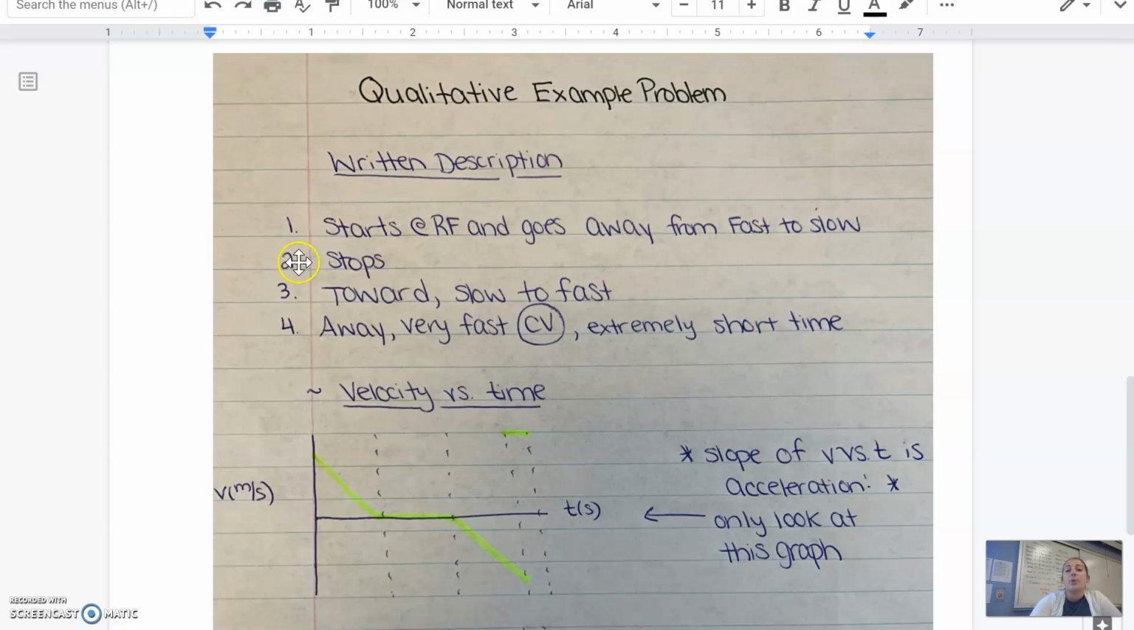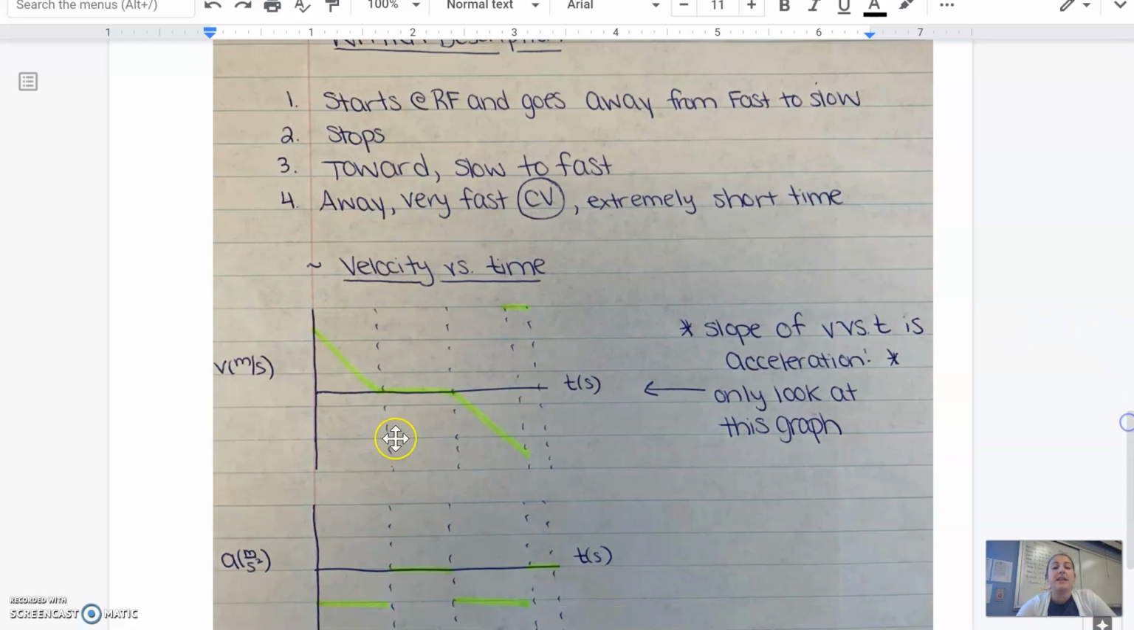So in sections 1 and 3, we said fast to slow or slow to fast. That indicated an acceleration, whereas here we're now indicating that constant velocity. And we also want to note that it's only going at that constant velocity for a very, very short amount of time. So then when we go ahead and make the velocity versus time graph, the first thing is